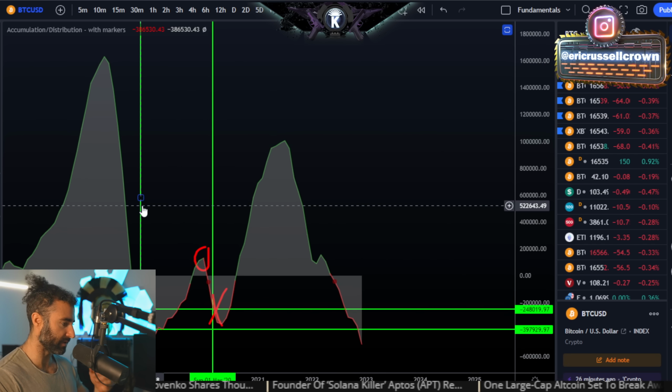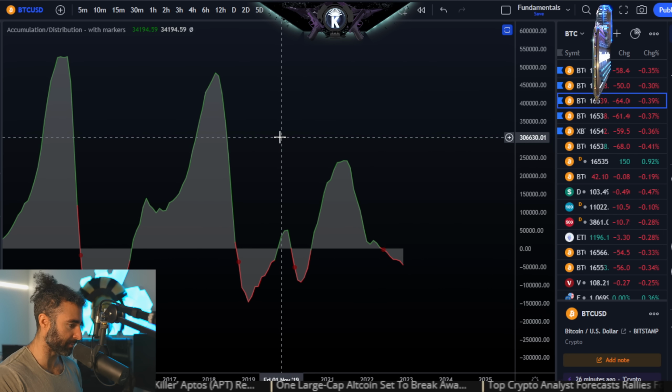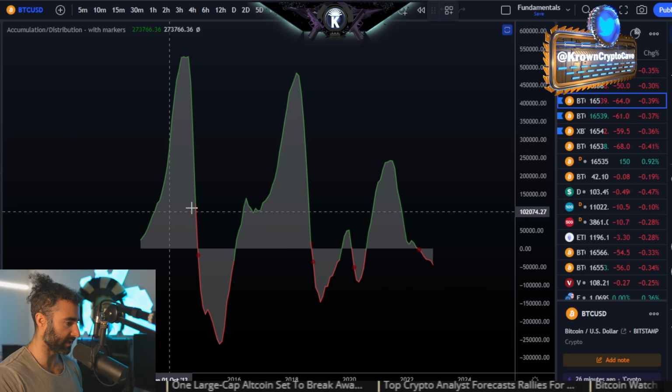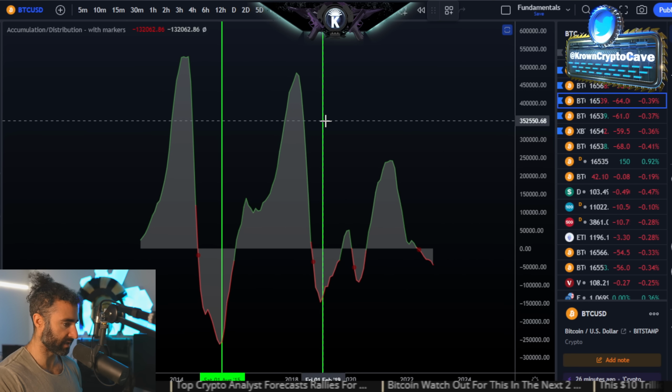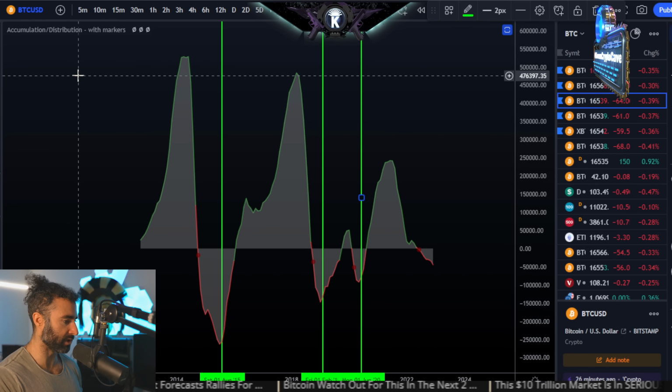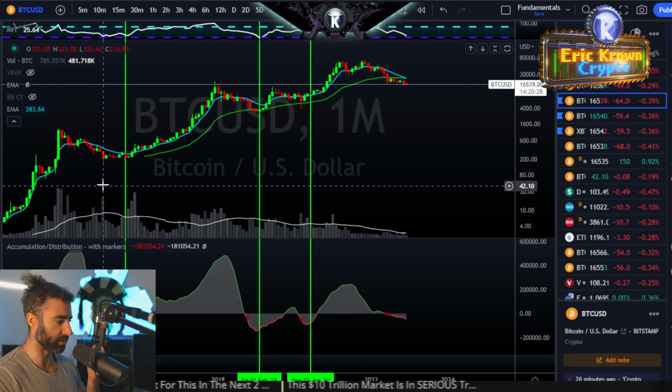I'll just briefly show you, or actually I don't have them marked off on this particular chart. Maybe I have it on this one over here. Yeah, we can just mark it off really quickly together. Why not? Some like this, some like this, some like this. And yes, it does need to be below a certain threshold first. But in this case, you can see basically around those lows anyways.